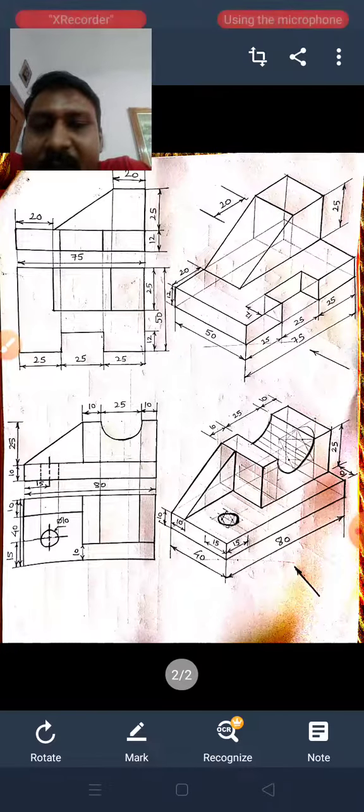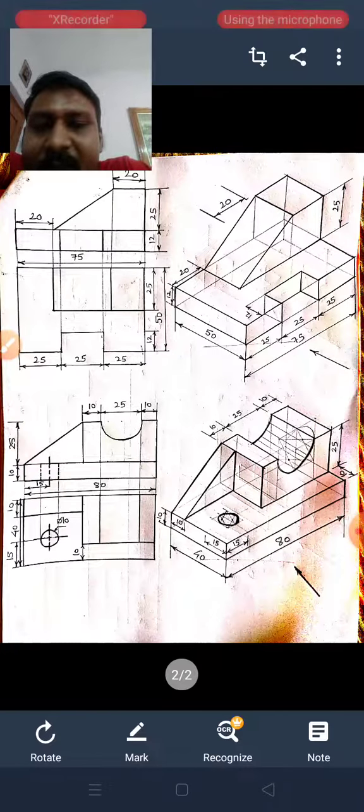Okay, now see, this is a semicircle. In this portion you have to draw. Okay, you have to draw this semicircle in this portion. It is of 25 radius, means the center is at a distance of 12.5, isn't it? Now I am zooming it. Okay, so I am clear that the radius is 25.